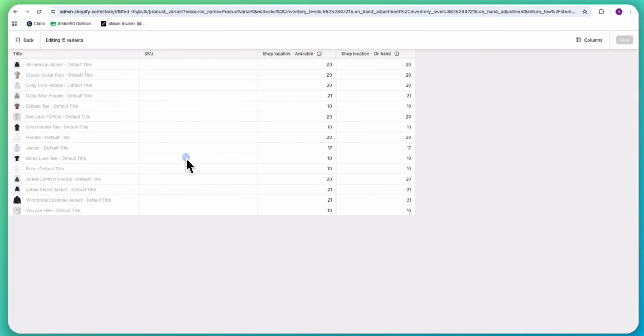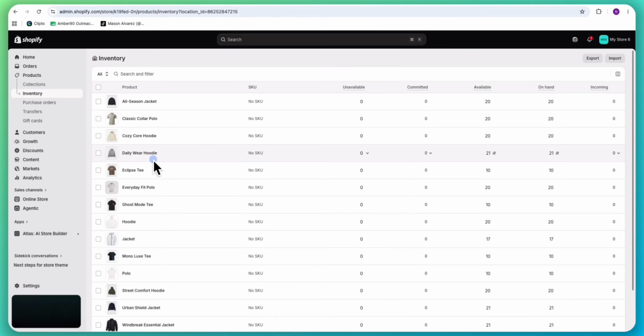You can also open a single product if you only need to update its inventory, price, shipping details, or other information. And that is how you can manage inventory on Shopify and keep your stock information organized and up to